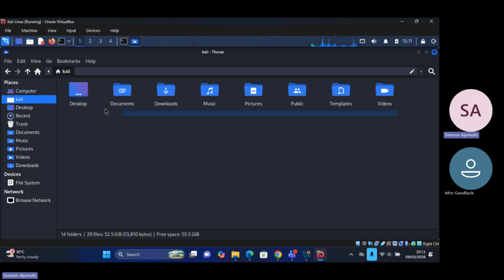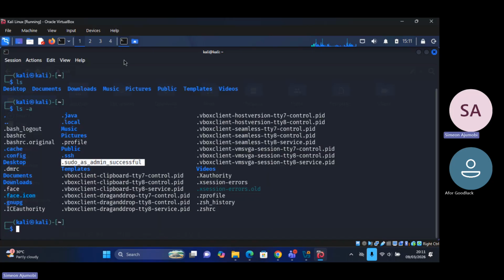Can you see the advantage of the terminal? Can you see that now? So that is why most hackers are encouraged to be very, very good at using the terminal. So we have other ones. Let me clear this out. Let's do it again. ls -a to show